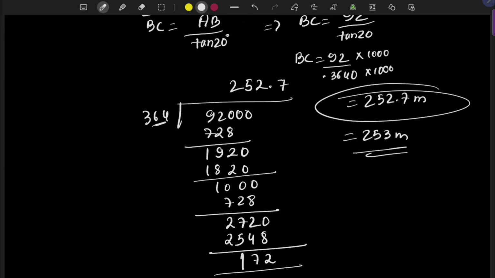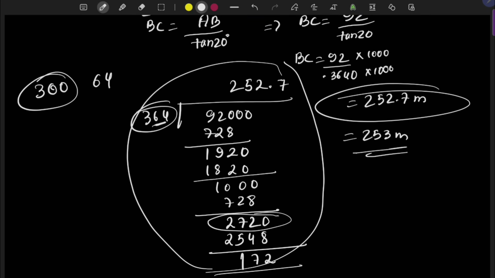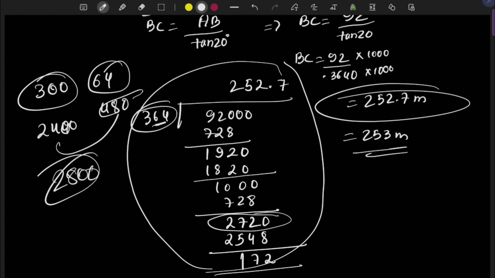So I hope समझ में आया. This division you have to do. और आइडिया कैसे लेते हैं, जैसे मैंने बताया कि यहाँ पे जब ये आया 2710, now you 364, so you separate it in two parts, 364. If you will multiply this with 9, so 9 or 8, चलो 8 3s will make 24, and 64 into 8 will make 480 something. So if you'll add these, so it'll go around 2800 or more than that, and here it is 27. So like this you have to take an idea, वरना फिर मल्टीप्लाई करोगे, चेक करोगे नहीं है तो उससे छोटा फिर मल्टीप्लाई करोगे, so it'll take a lot of time.